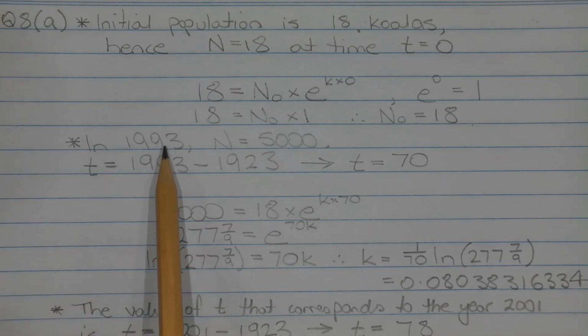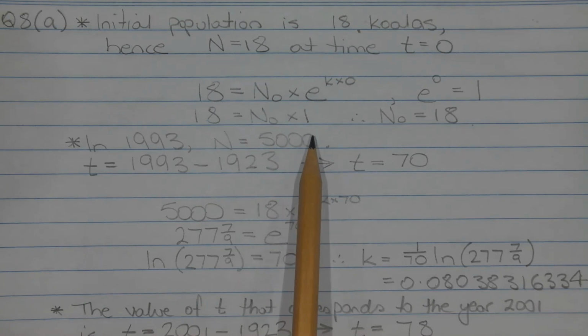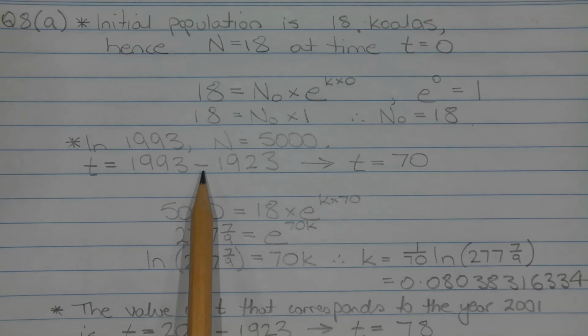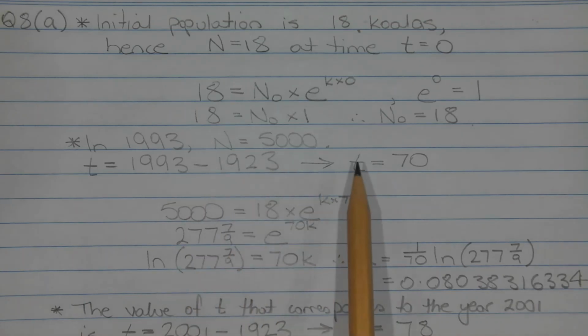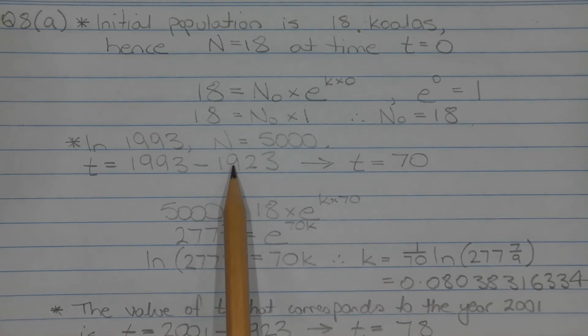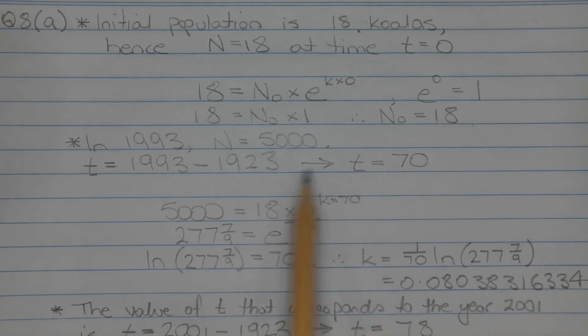The next step is to find the value of k. Now in 1993, n equals 5,000. To find the value of t that corresponds to 1993, t is equal to 1993 minus 1923, which gives a value of t of 70, which represents 70 years after the year 1923. So substituting t equals 70 into the equation, knowing n naught is 18, and the population 70 years after 1923 is 5,000, we have 5,000 equals 18 times e to the power